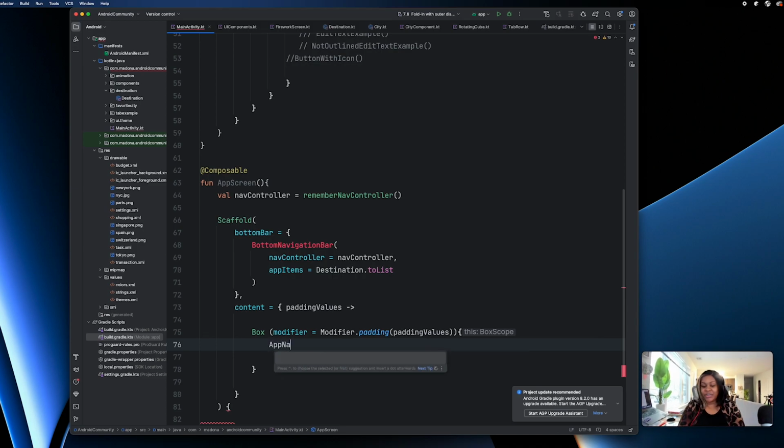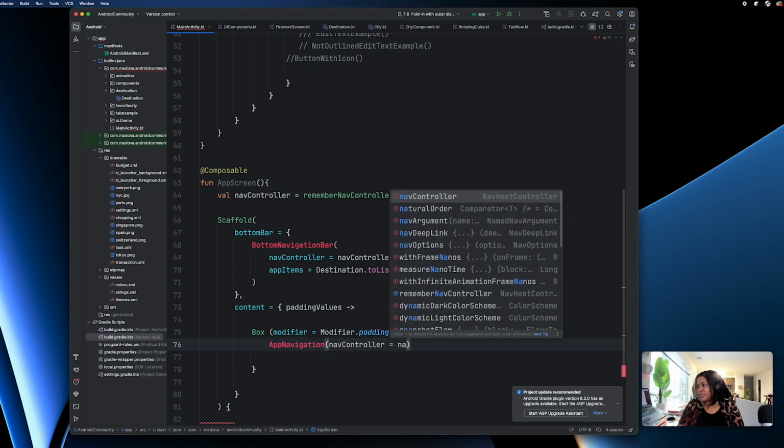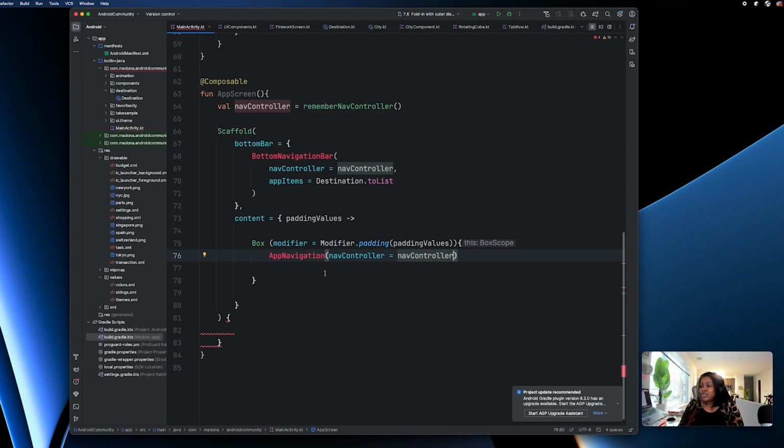Now here I'm going to create something called app navigation again. So these are not created. So these are things that I will go ahead and create. And what's going to be here is just nav controller, which will be equal to the nav controller. As you've noticed,